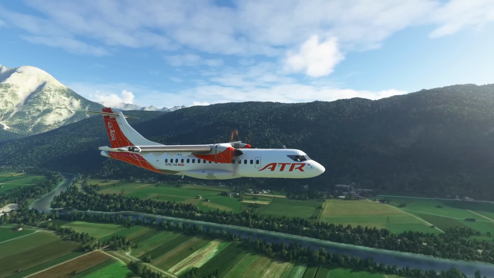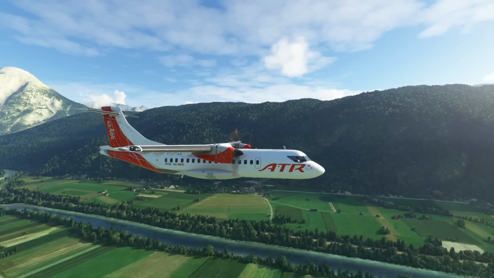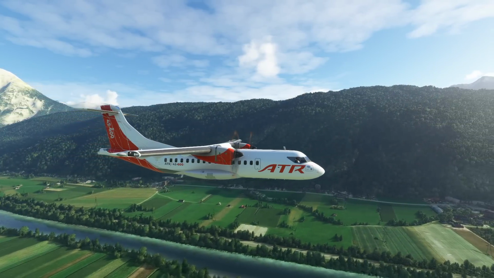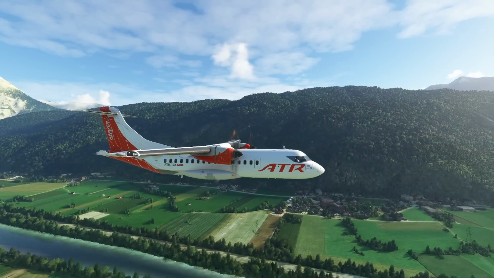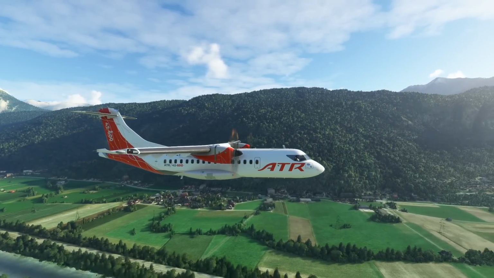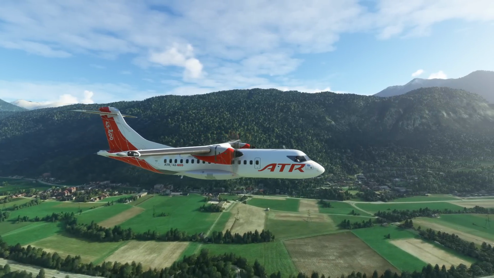I do believe that it is a little bit unfair to call him out for the CRJ not getting further fixes in the meantime. As Hans has said himself, he simply had to work on that ATR as he had that deadline, and he did say, however, that once the ATR is finished, he's going to return to the CRJ for some more fixes. So keep it fair with him, he is really doing a good job on the ATR,